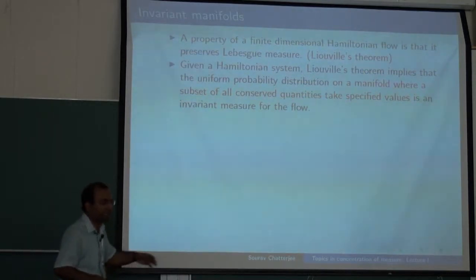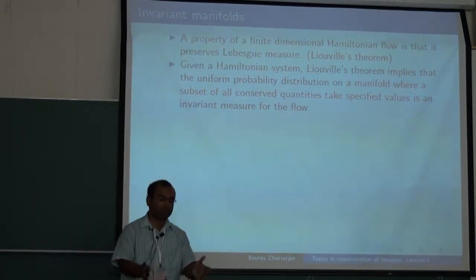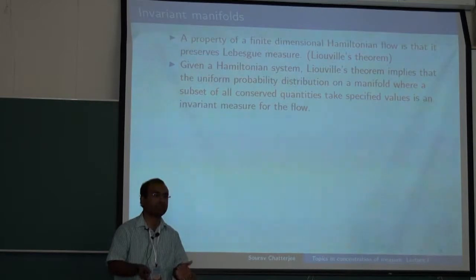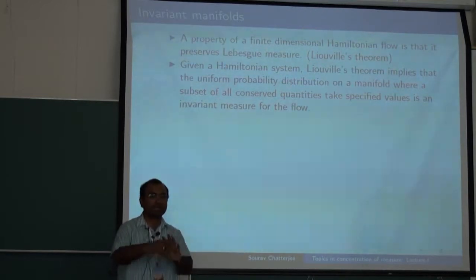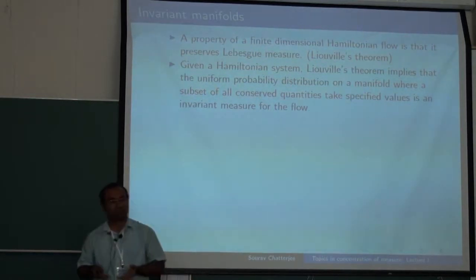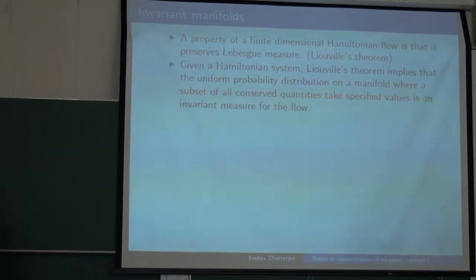So if you take any bunch of conserved quantities, you take the manifold where they take some specified values, and then the uniform distribution will be an